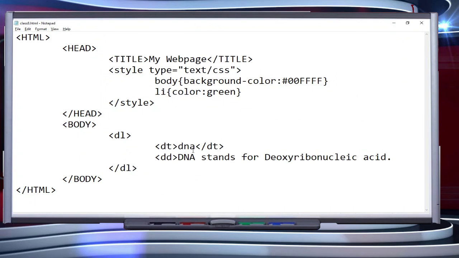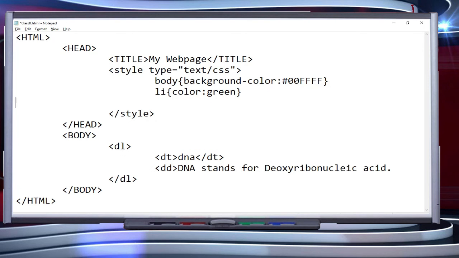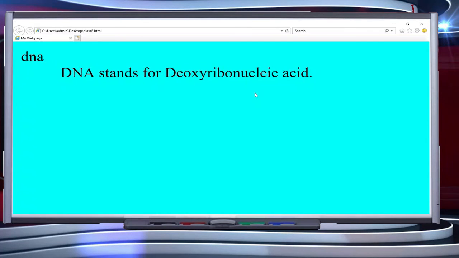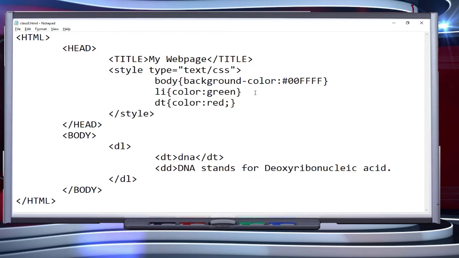Now if you want to make a change in style of this definition term, let's say that we want to change its color, then we will write color as red. I'm saving it, and you can check here that color is now red.